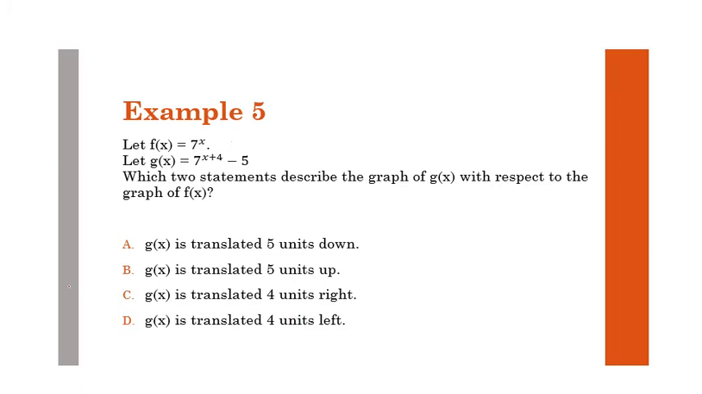We want to know how this graph has shifted from the parent function of 7 to the x. So notice that we've added 4 to my exponent, or to the variable, and we've also subtracted 5 here at the end. One thing that you could do is you could pull up your